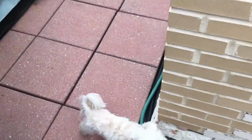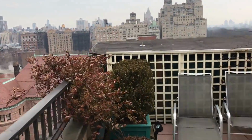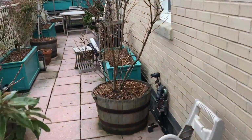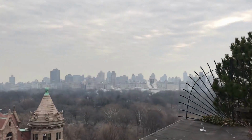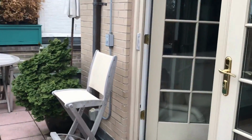I have a little friend with me, and let me walk inside. This is Central Park down there, and as I go inside,